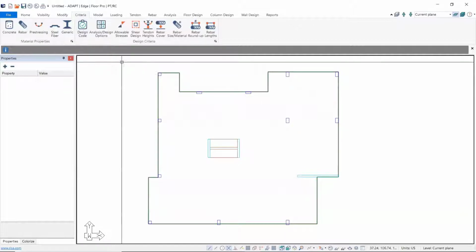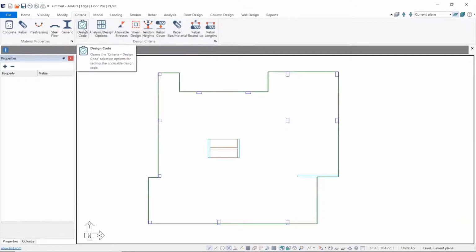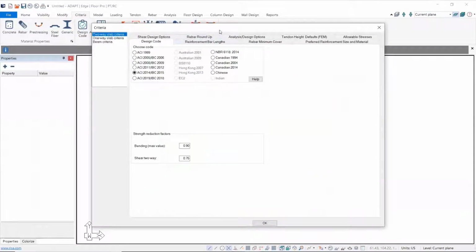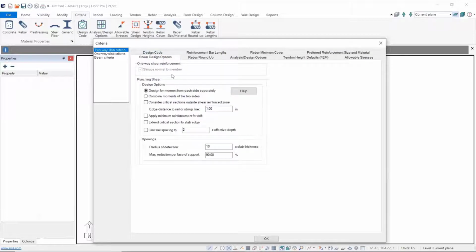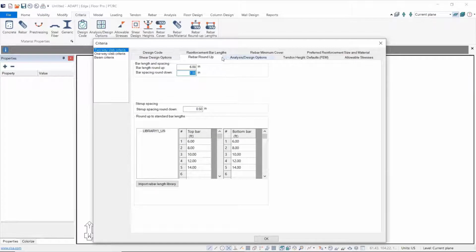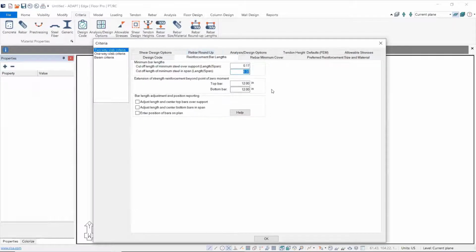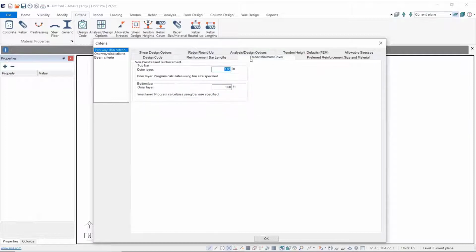Moving into the design criteria section, these are all broken out individually, but they all open in the same window. So for example, let's just click the design code. And you can see all these different options listed up here in these tabs. Now, we're going to go ahead and change this to ACI 2019, which is new to version 20. And we'd also have the ability to change other aspects of our design criteria, such as our shear design options, roundup amounts for our rebar, the preferred lengths that we want, our default covers,